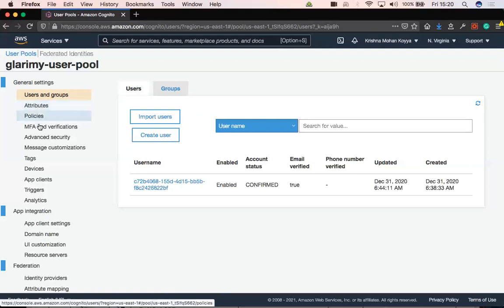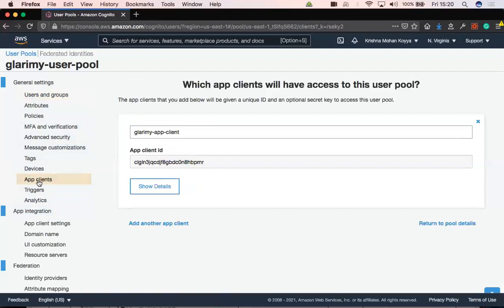Now I have policies and all these things are fine. If you want to remember the devices, there are lots of things actually. But one of the important things is something called an app client. Just because I have Cognito, you cannot have a number of applications just talk to this Cognito. No. For every application that we want to develop, we want to create an app client here.